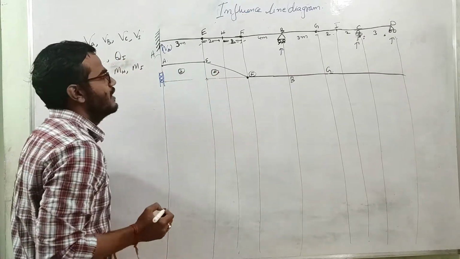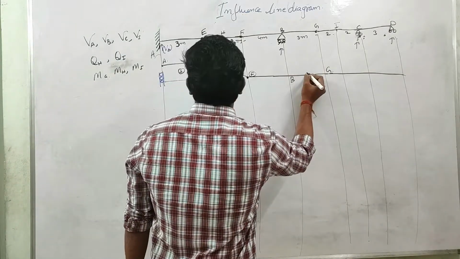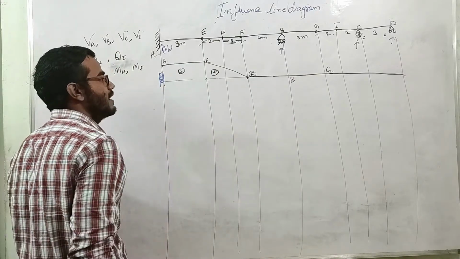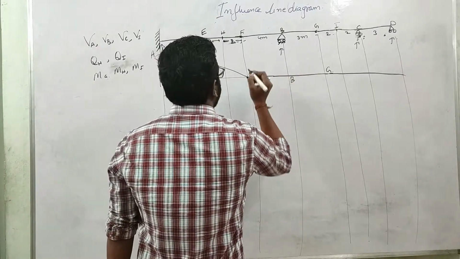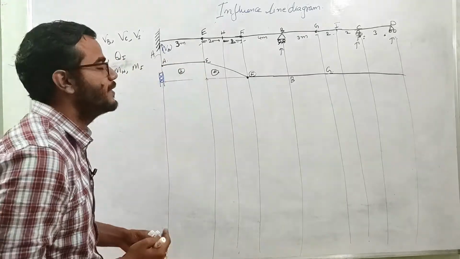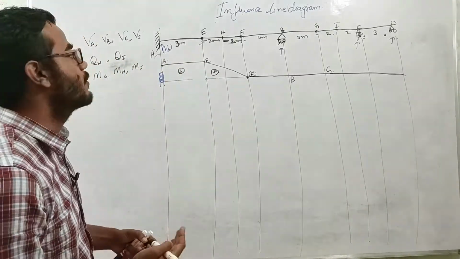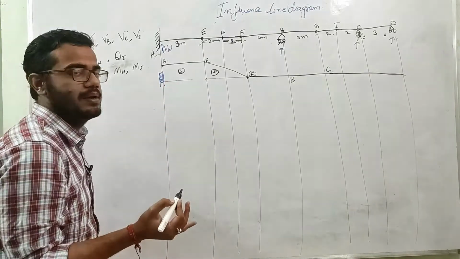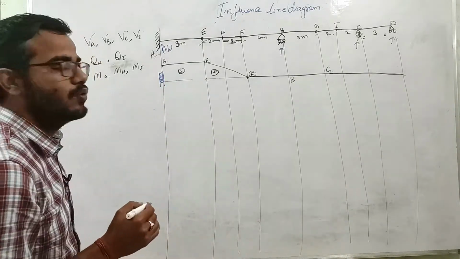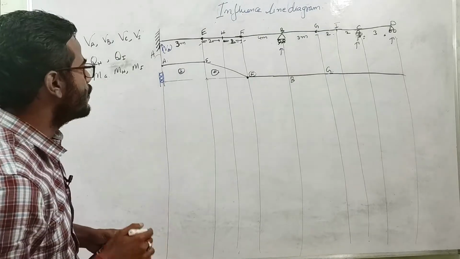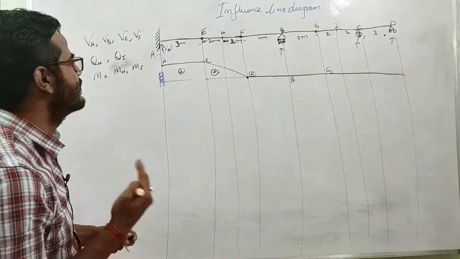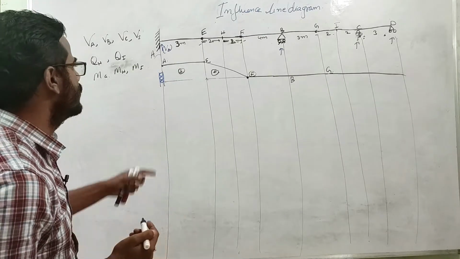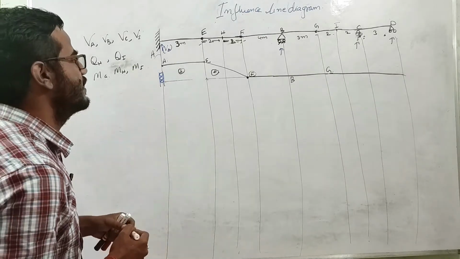This means that if you apply the load over here, the vertical reaction at A will be 0. This thing we are seeing from the influence line diagram. This is a straight line. The influence line diagram for a determinate structure will only comprise straight lines. Why? Because when we release one reaction, this beam becomes unstable, and an unstable beam will only have straight elastic curves. There will be no bending, no deformation. Only rigid body deflection will be there.